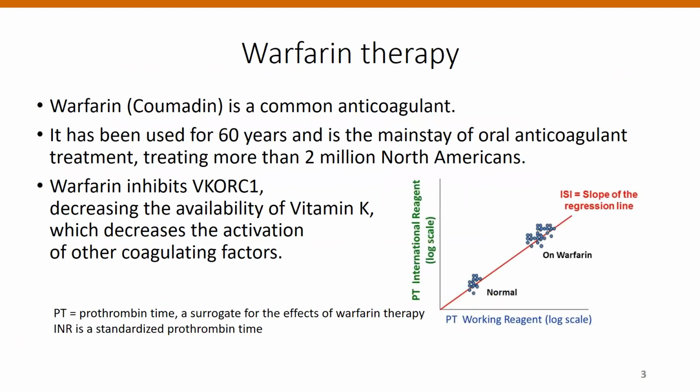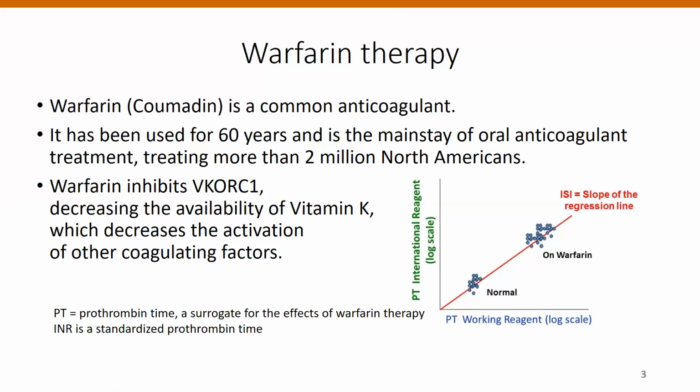So warfarin therapy. Warfarin, or Coumadin, as the common brand name, is a common anticoagulant. It has been used for 60 years, and it is the mainstay of our anticoagulant treatment, treating more than 2 million North Americans. Warfarin works by inhibiting an enzyme called VKORC1. VKORC1, when it is inhibited, decreases the availability of vitamin K,